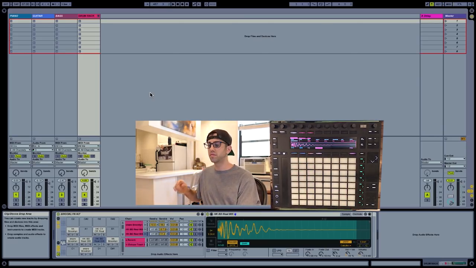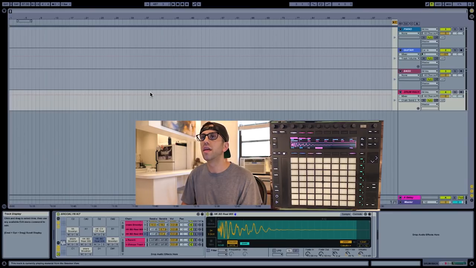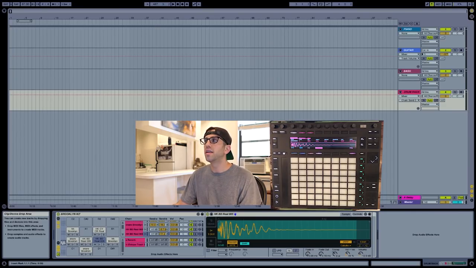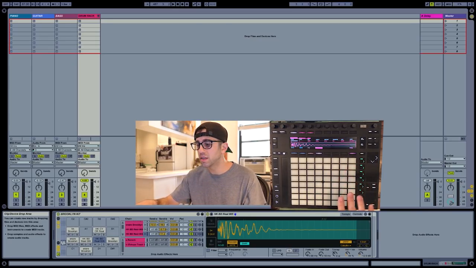comfortable using it. Okay, so there are a few main functions that you need to know of the Push. One being note mode right here, the other being session mode. And if you're familiar with Ableton at all, then you know as I switch between the two screens by hitting tab, then it switches between arrangement view and session view. And they're somewhat connected, but they're pretty independent of each other. So when I'm using the Push, I'm usually interacting with session view, which is this view with the clips. And so I'm gonna just quickly show you on the Push the different functions / screens that you interact with